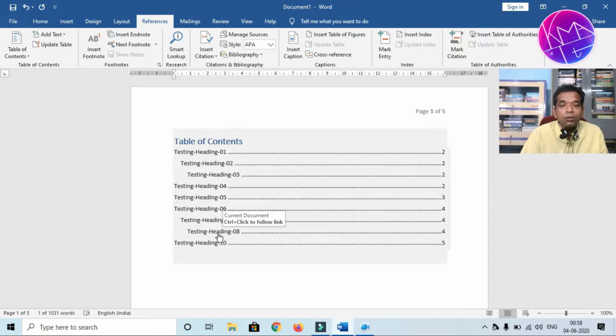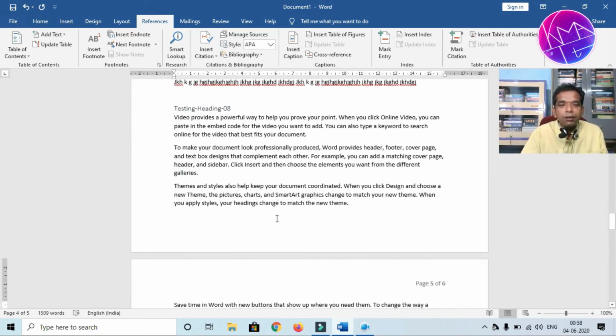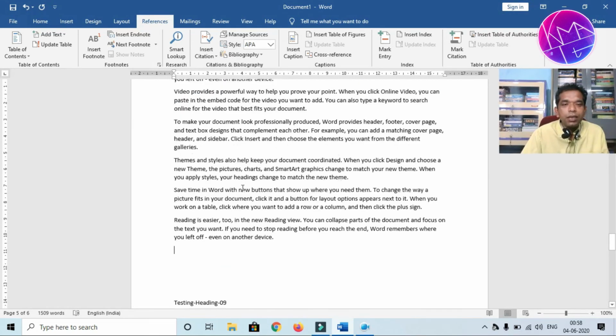Now we are moving to heading 8 by pressing the Control button and clicking on the testing heading 08. So you can see we are directly moving to this one. Here you can write something. We are using the inbuilt function RAND, opening, closing. Then within this bracket I can write something, 10. Then you can see many more paragraphs have been added there.